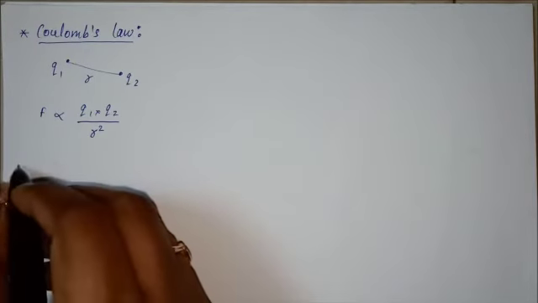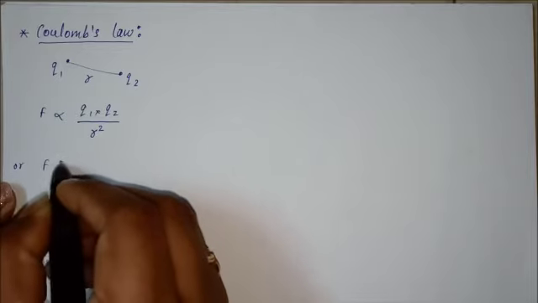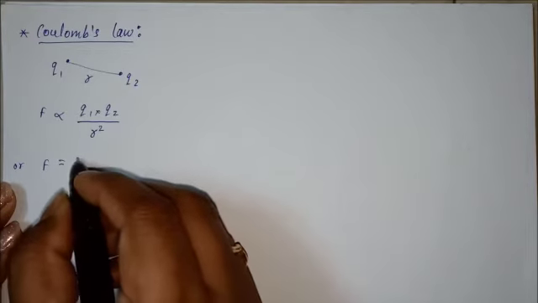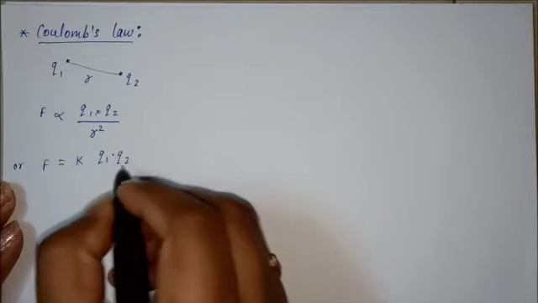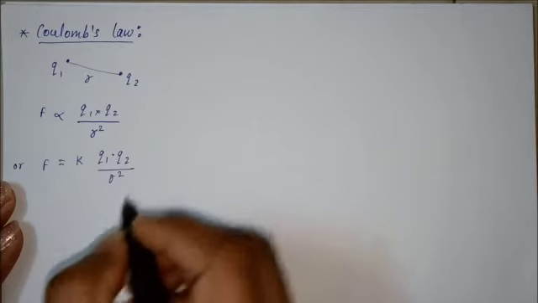From this we get F equals K q1 q2 upon r square,